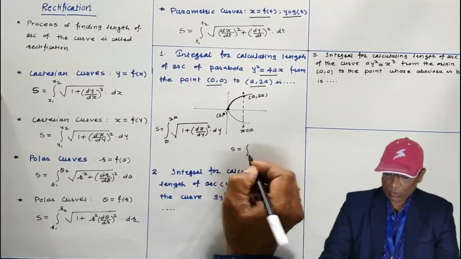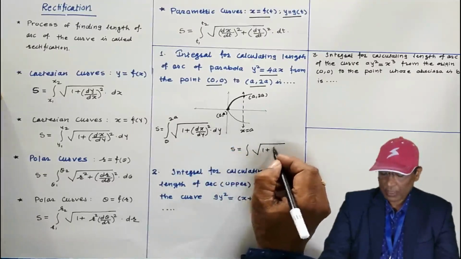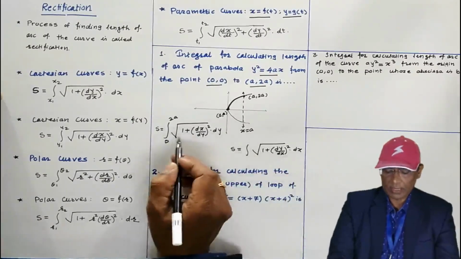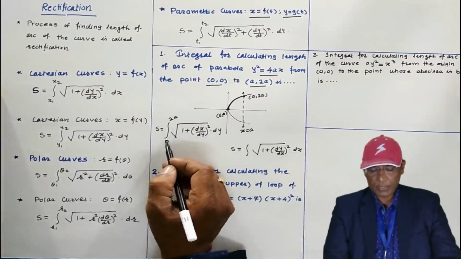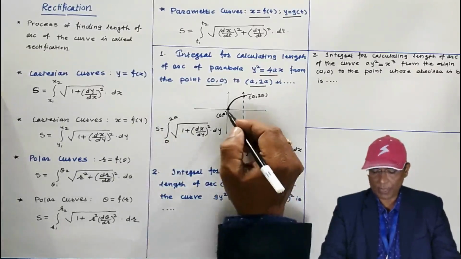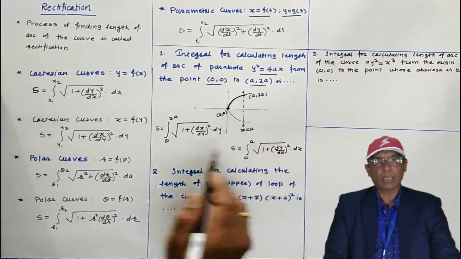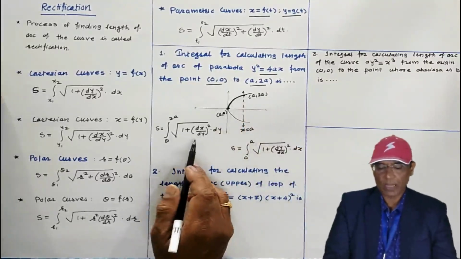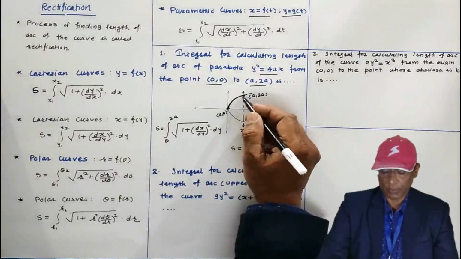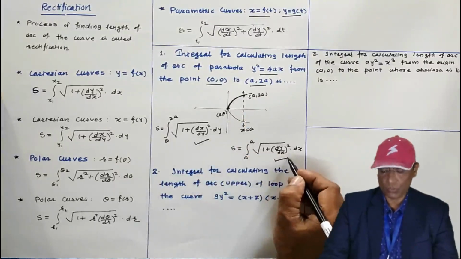You may use this integral also. In this integral, the function is dx by dy, and in this way you can write, here integration with respect to x, here integration with respect to y. Here the limits of integration are the values of y. Here the limits of integration will be values of x. This x varies from 0 to a. These are the integrals which will help us find the length of arc of this part of the parabola. In the options you may have one of these two.